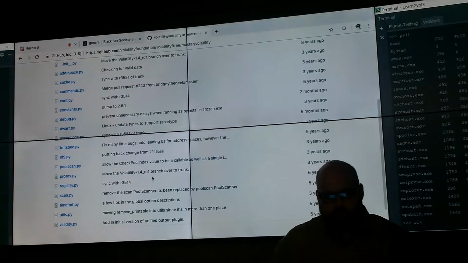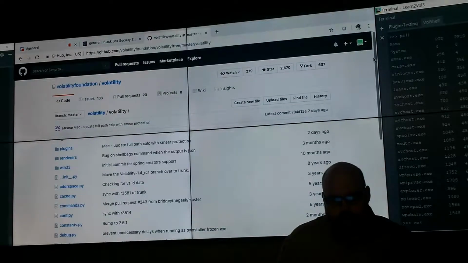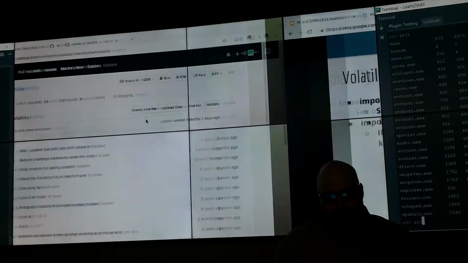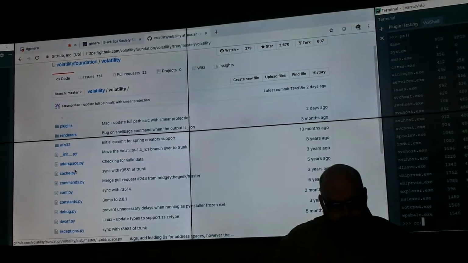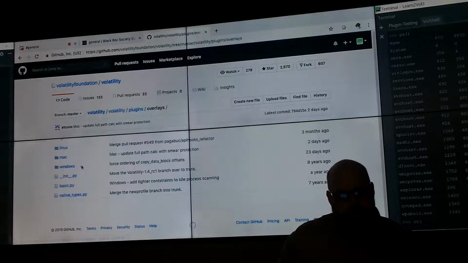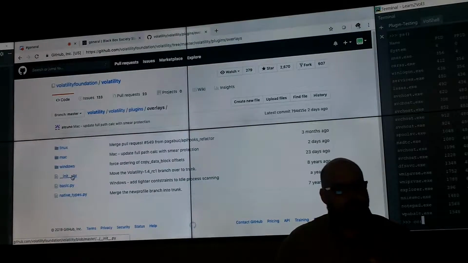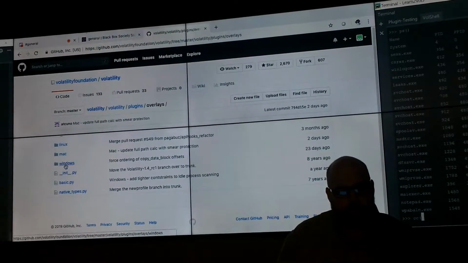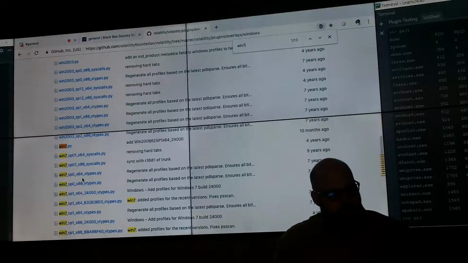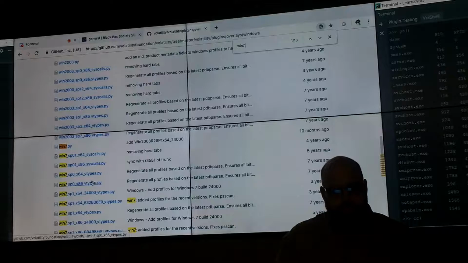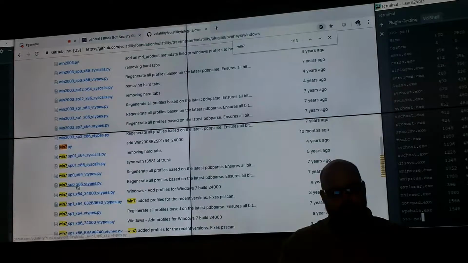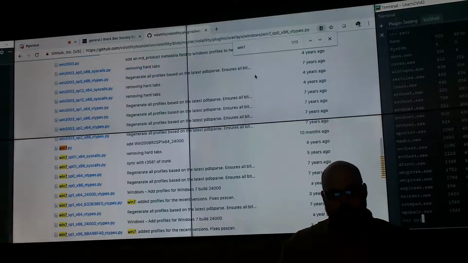And just to show that very quickly, again, in Volatility Framework, let me point at something. You can see that it's import volatility.object, and if I were to look at the code, it's just pointing back at plugins, and then it points at overlays, and within overlays we have it broken down by the three base operating systems that Volatility Framework supports. And in here I could search for any operating system, so I'm just arbitrarily searching for Windows 7, and then I go to Service Pack 0, and I go to the 32-bit version of that. And if I open that up, I can search for, as an example,